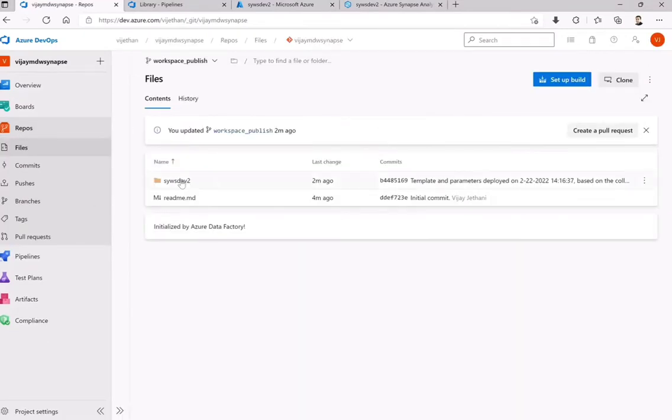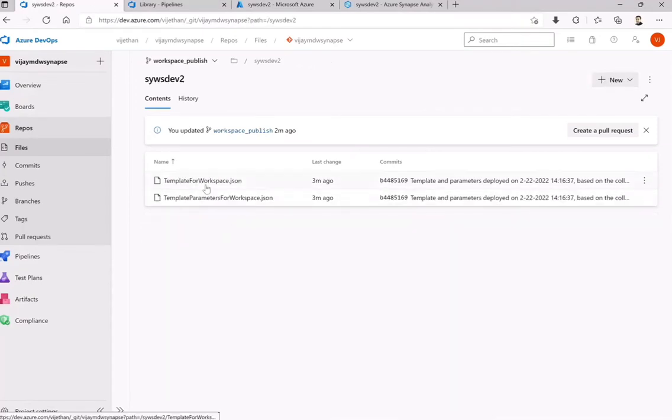As that was already present, it overwrote that. So ideally, we could have deleted that so that it could create the new branch and update that. But in spite of that, you can also make a small change, and it will overwrite on top of that, showing you the two templates.